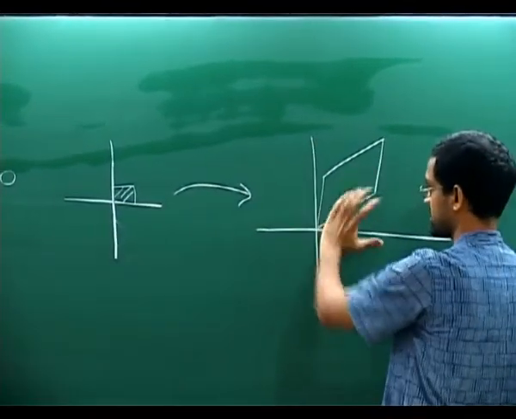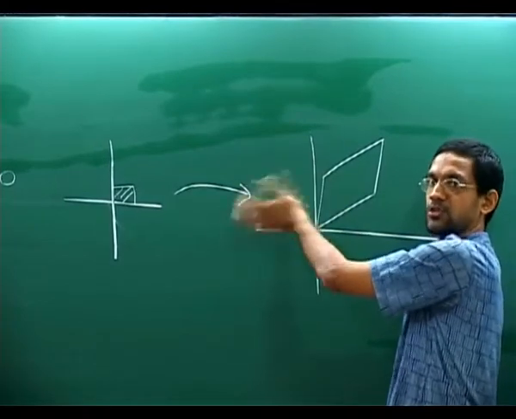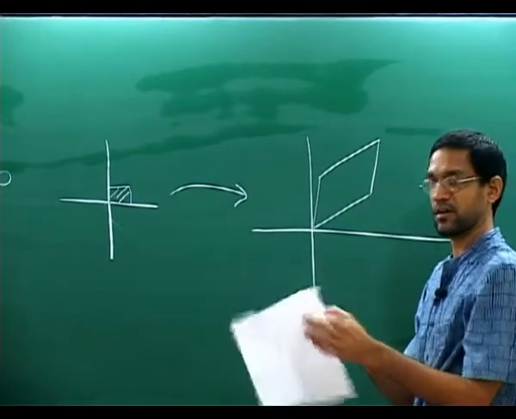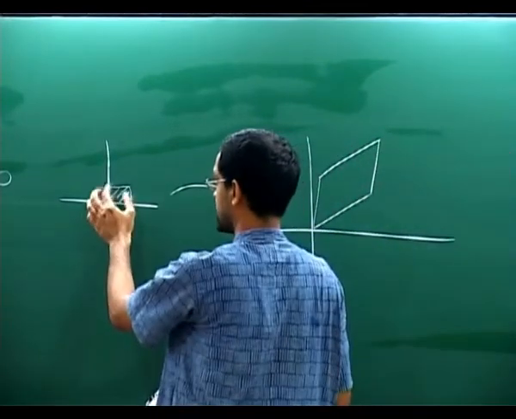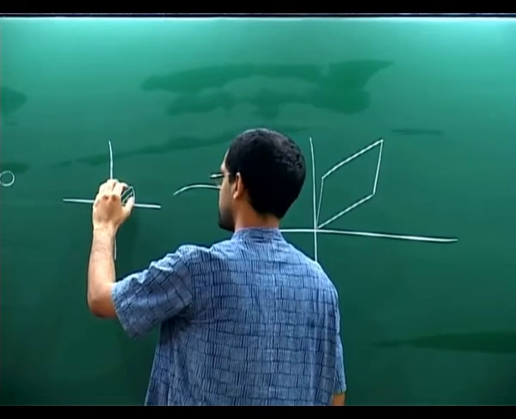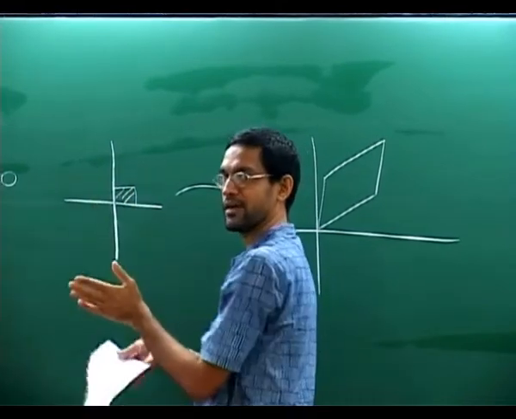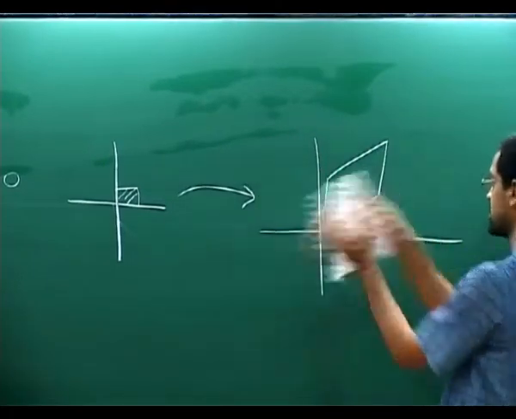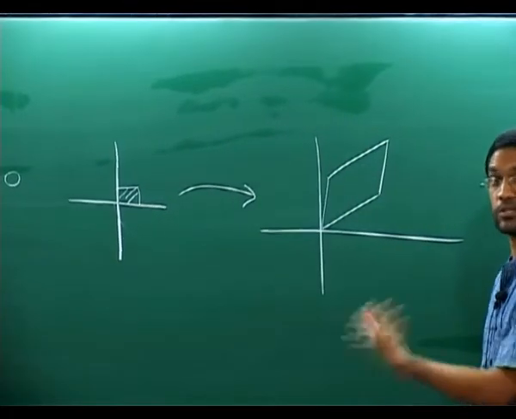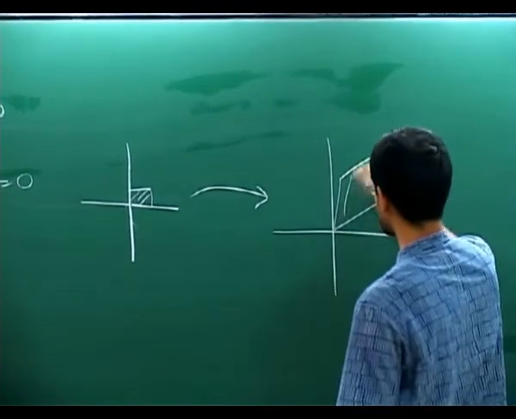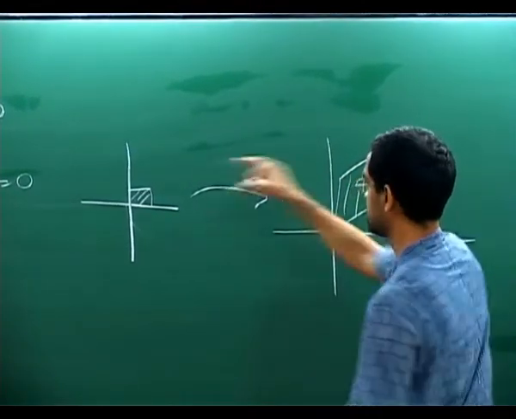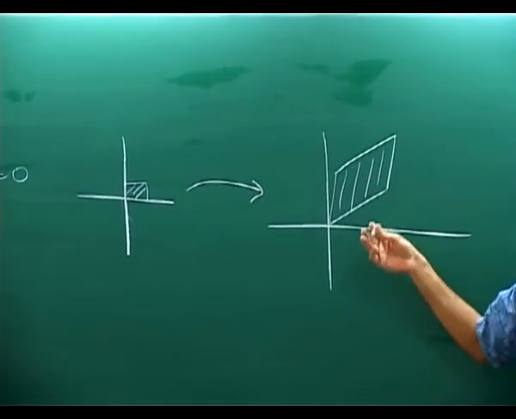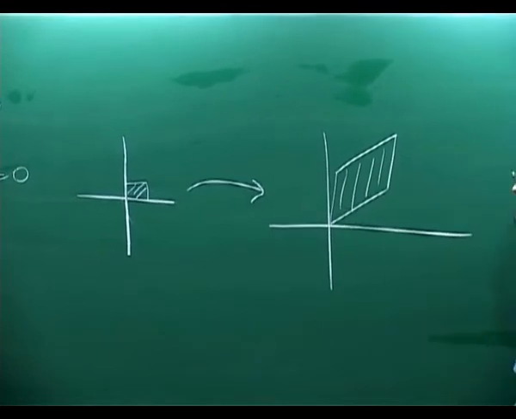It need not even be in the first quadrant, it can be in some other quadrant also. It can also be rotated by some larger angle. So you can think of this as what the square does, as what the linear transformation does. It takes this fellow, it sort of increases its area in some way, it deforms the two sides, it changes the angle between the two sides, and it rotates the whole thing by some angle, right? These are all the things it does, and the area of this guy relative to that is the absolute value of the determinant, right? For example, that's where determinants come in this context.